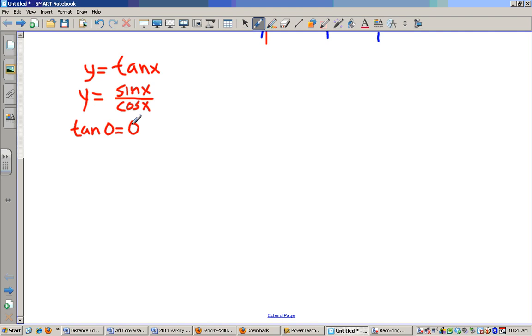Also from your exact value chart, if you remember, the tan of 0 is 0, which makes sense because if sine is 0, then tan will be 0, right? And if you think about the sine curve, sine is 0 here, here, and here, right? So tan will also be 0 at those same places, right? Are you okay with that? So when we draw the tan curve,